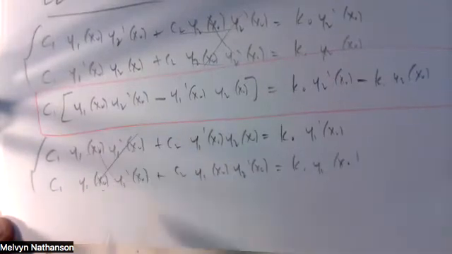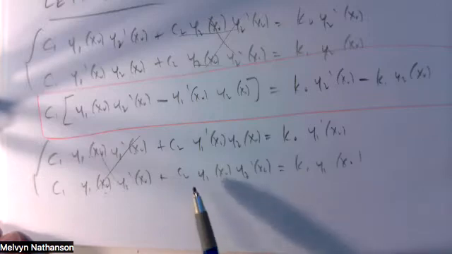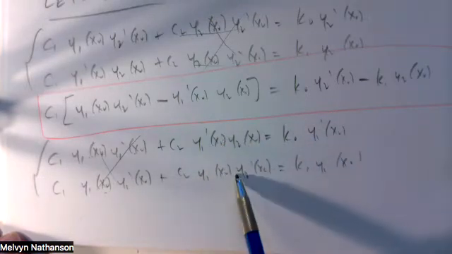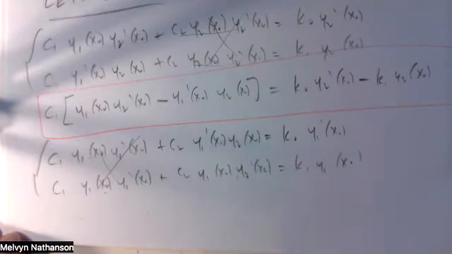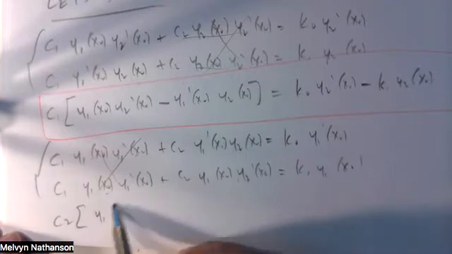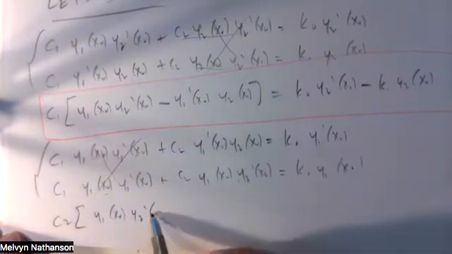And again, if I look at these two equations, this term equals this term. So if I subtract, they cancel. So let me subtract the first equation from the second equation, this equation minus this. I get C2 y1 of x naught y2 prime of x naught